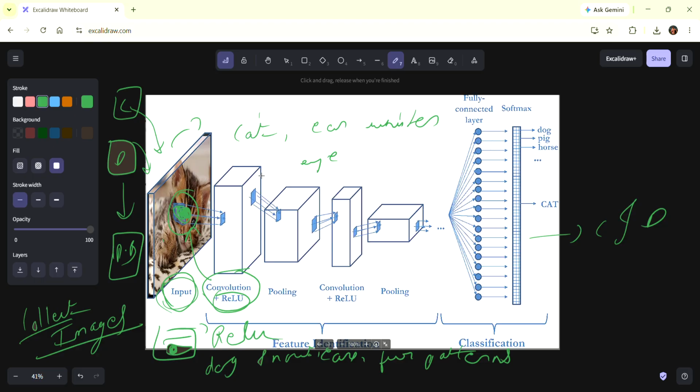Now pooling. What will pooling do? Pooling is going to make sure to reduce the size of the CNN. This is a different size, this is different, this is different. Maybe this is 5 into 2, this is 2 into 2, this is 2 into 1, and for example this is 1 into 1. So different sizes are there. What is the machine doing? The machine is just reducing the size, guys. Got it? Understand?